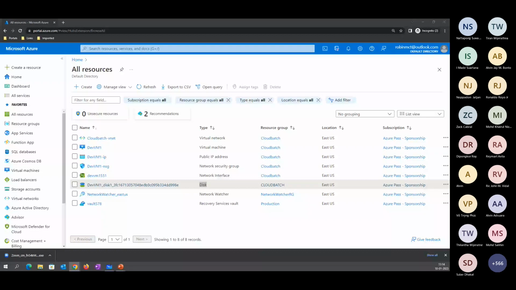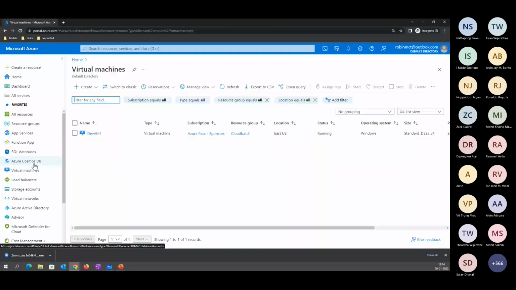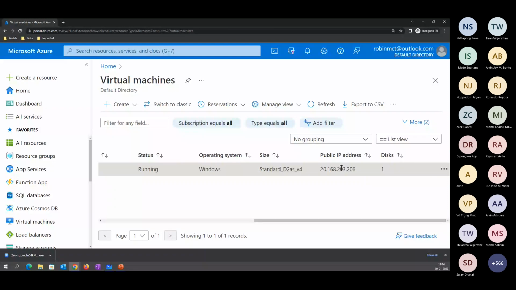Okay. Now let's try to connect to this VM here. Then we'll go for which one is the right method. Now, if you go to the VM here, you may be able to see there is a development server being hosted here. And if you go to the right side, you may be able to see the server is configured with a public IP address also here. Now, if you click on this server here,